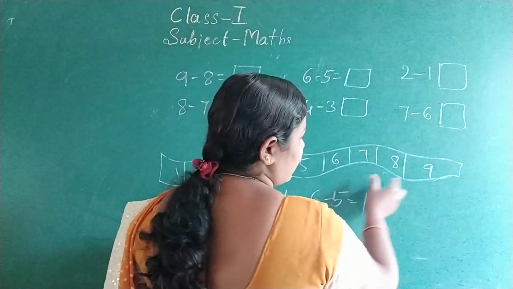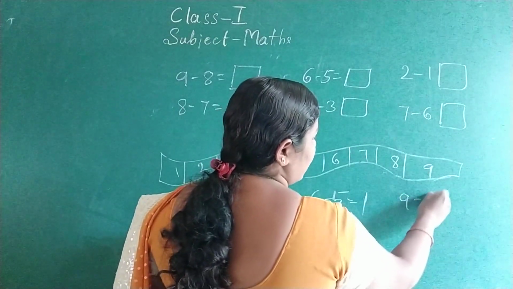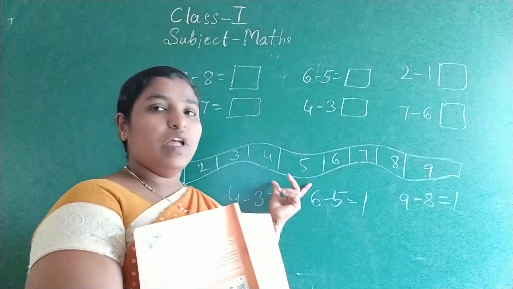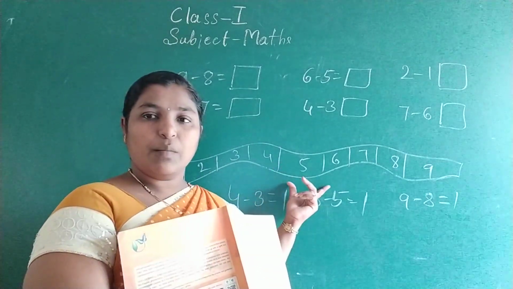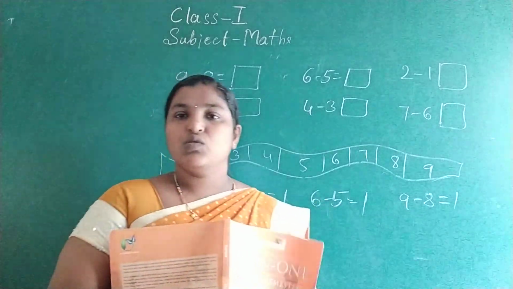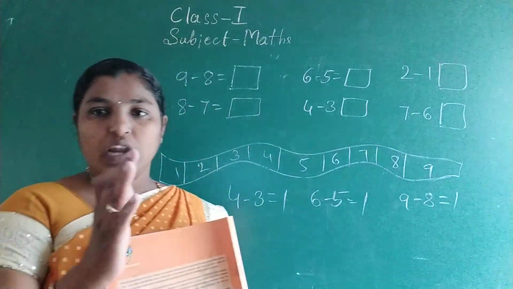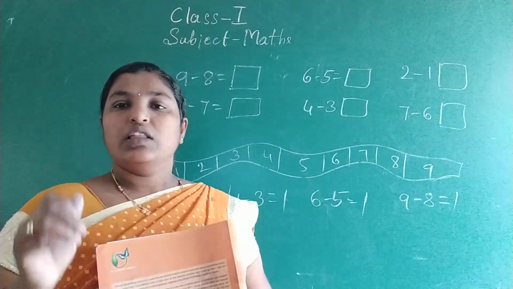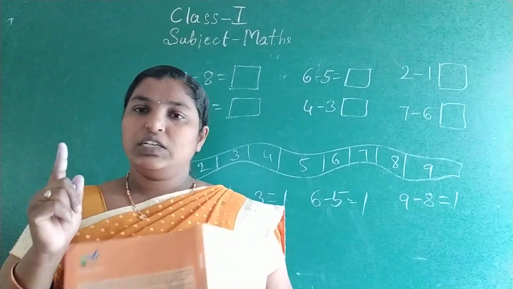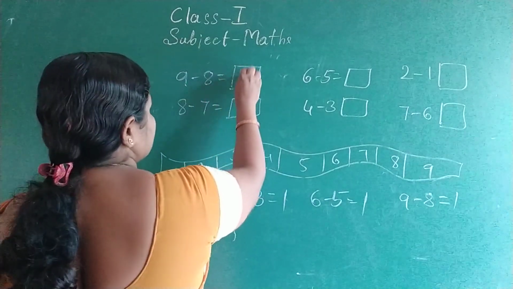These are the one after the other. These two are also one after the other. So always from the number strip, if we subtract one number from the next number, the answer will always be 1, because the numbers will be continuous. From one number to another, there will be an increase of only one value, so we will get 1 as an answer. 9 minus 8, 1.